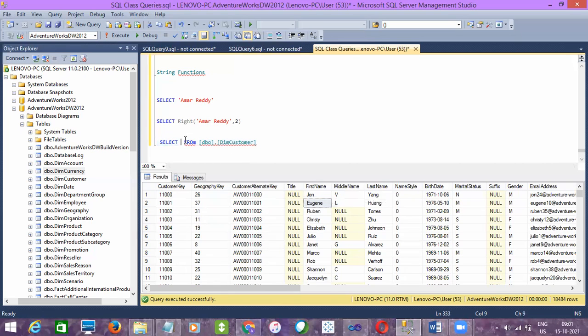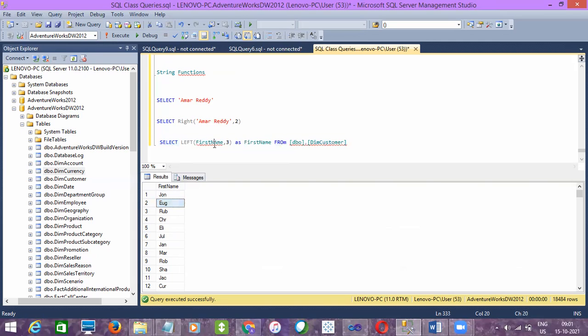You want to fetch only the first 3 characters of the name. Then you can just use left of first name, comma 3 characters. Since we are doing a calculation here, you have to give an alias name, as first name, from this table.